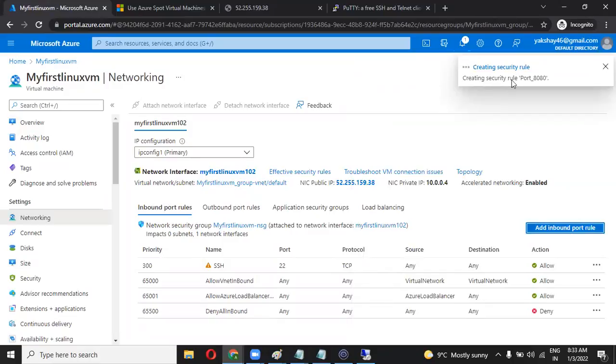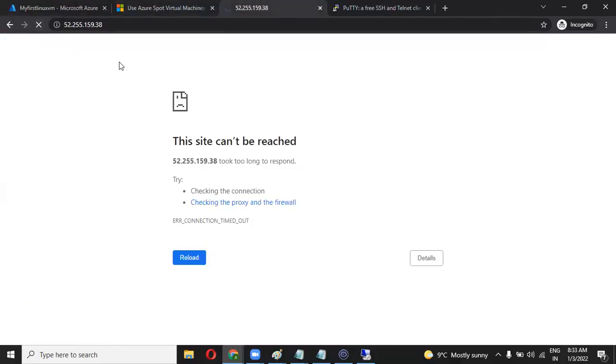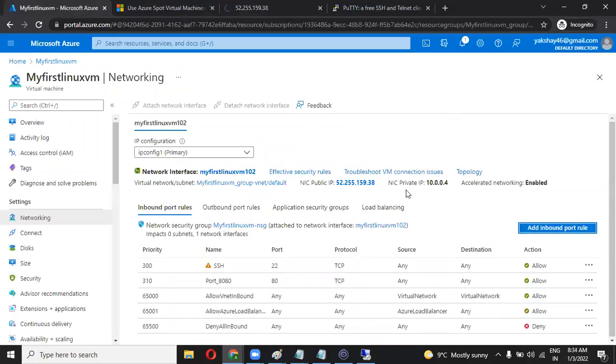Now you are able to see your home page, website pages. Let's refresh this and hit this IP in your browser. The port is successfully added for port 80, any.